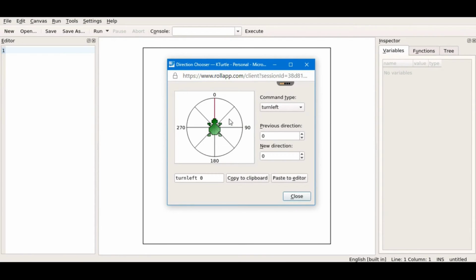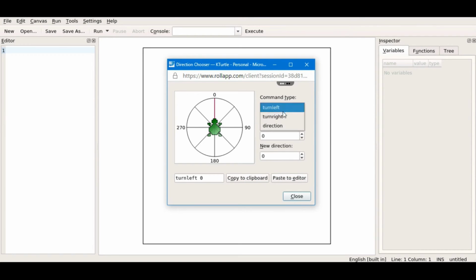This window will appear. The first one is command type. Choose the command type: turn right, turn left or direction. Second, the previous direction shows the position of the turtle in degrees. Here you can see.